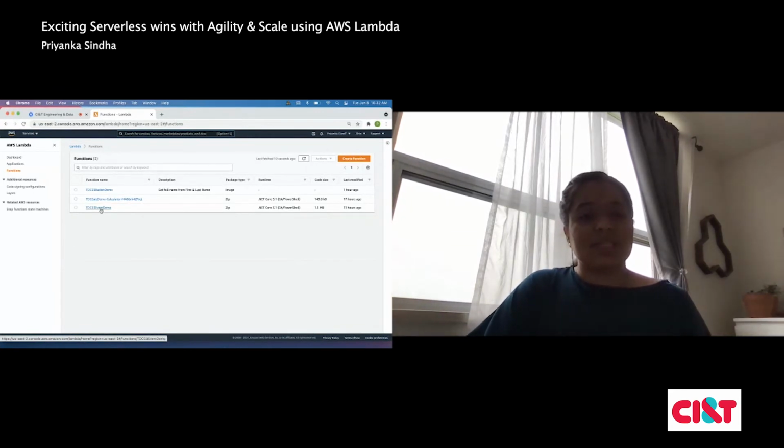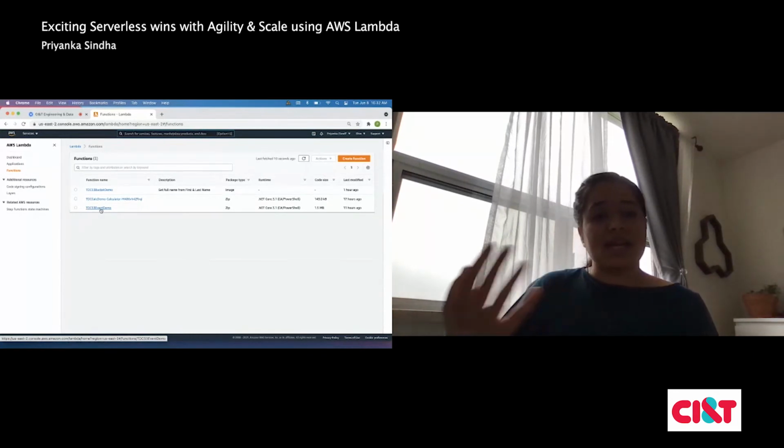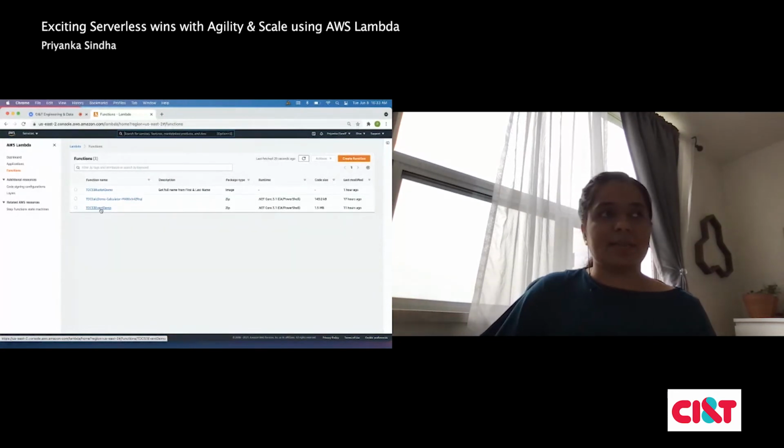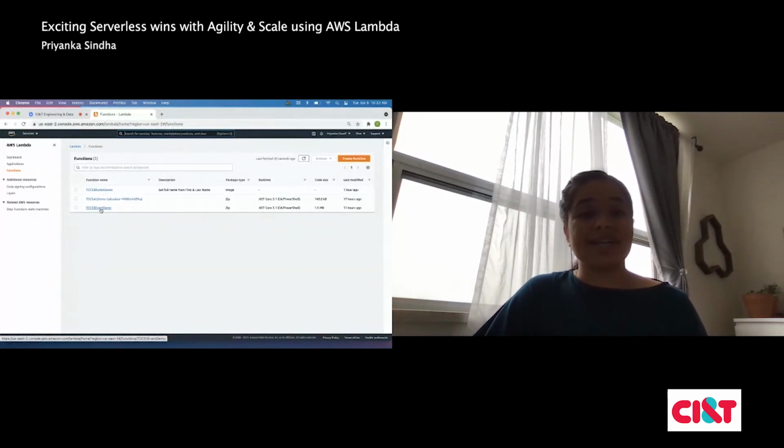The next one is the S3 event demo, meaning my Lambda function is going to trigger from my S3 bucket. Whenever the S3 bucket has a put object, create object, upload object, or copy object operation, it triggers my Lambda function, which does its own operation and then returns the response to the S3 bucket.